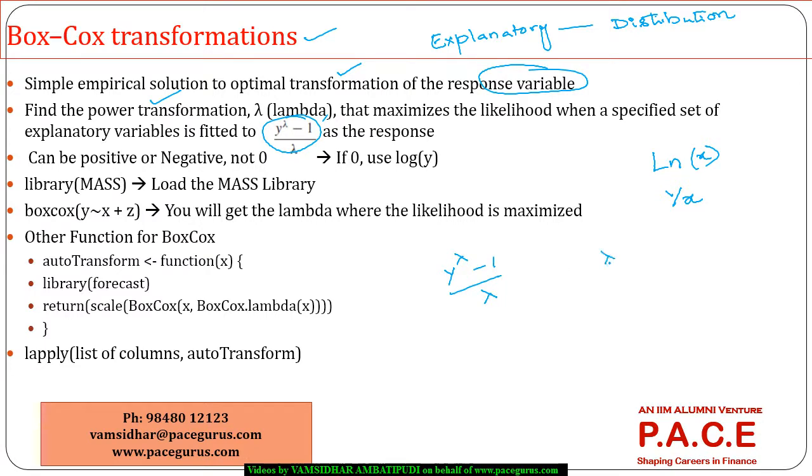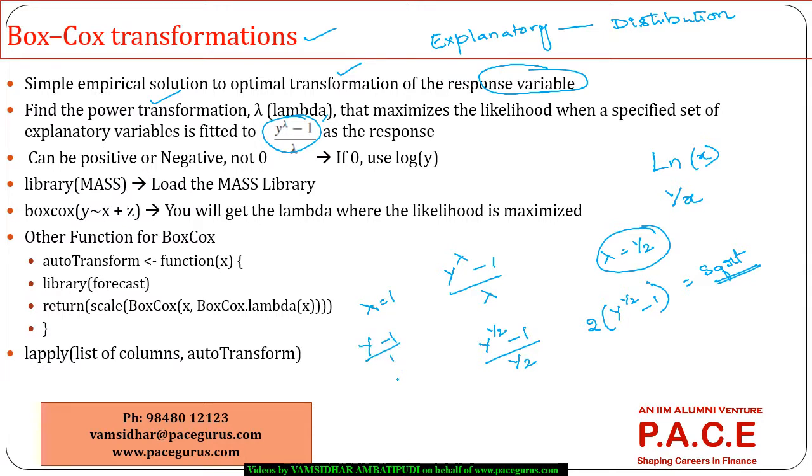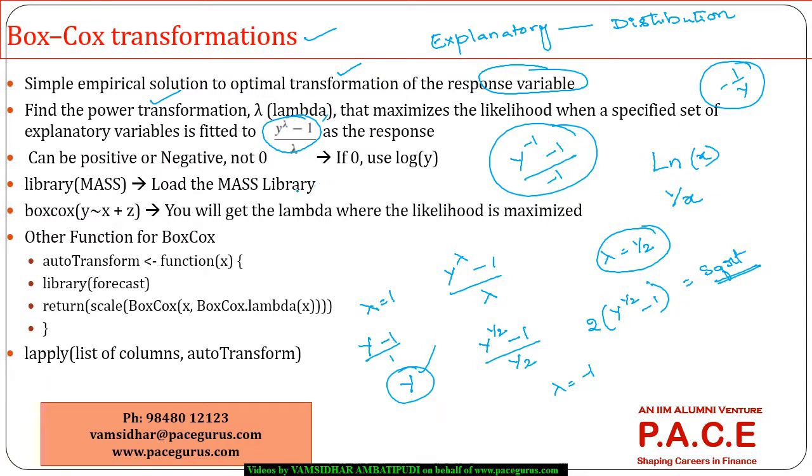Now let's say if lambda is equal to half, what is it becoming approximately? Y to the power of half minus 1 by half. So it is approximately becoming 2 into y to the power of half minus 1. So it is very much similar to a square root transform. Right, we are taking the square root of it, then multiplying it by 2 and so on. Similarly, if lambda equal to 1, then it means y minus 1 by 1. So we are keeping the y in its original form itself. But let's say lambda equal to minus 1. It's as good as y to the power of minus 1 by minus 1. So it's more or less similar to minus 1 by y. So you could see, depending on the kind of lambda, different kinds of transformations are being tried out,